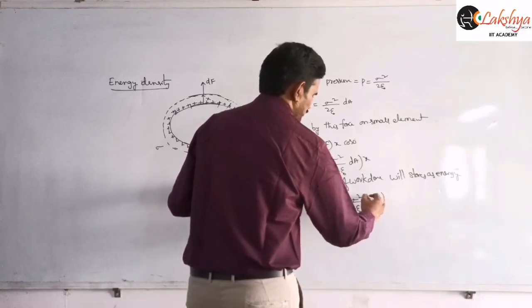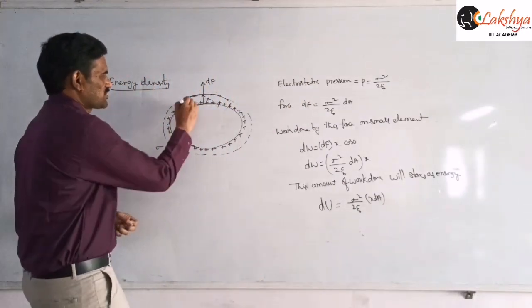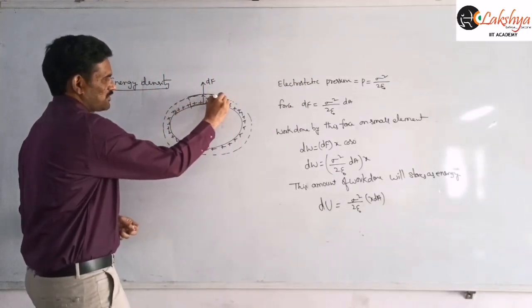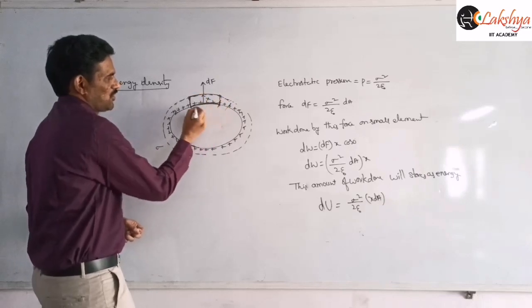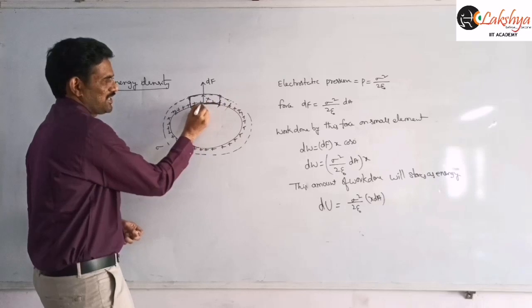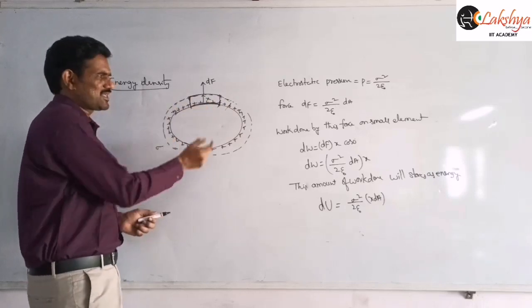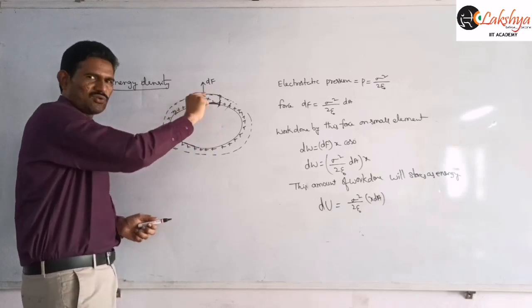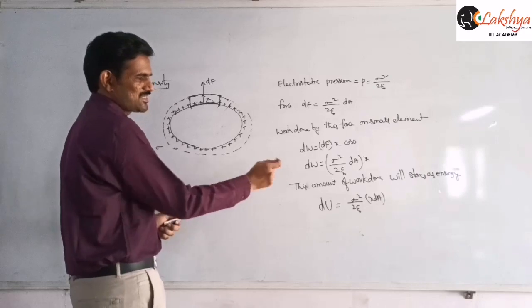And so now x into dA, suppose I am taking this dA as this part, or for example let us take this part here. Now this dx into the dA, this part will give us almost the volume of this element. This expansion will be very small only. Very small expansion will take place. And so now that dx into dA we can take it as a small amount of volume.